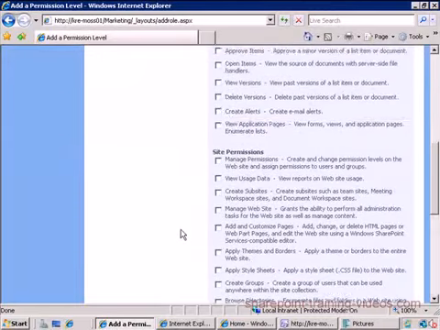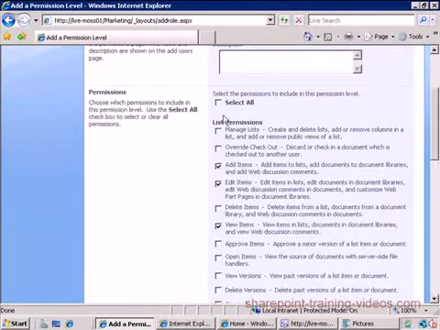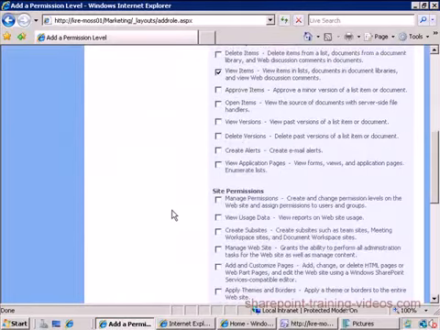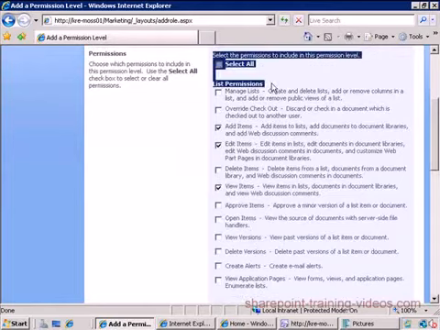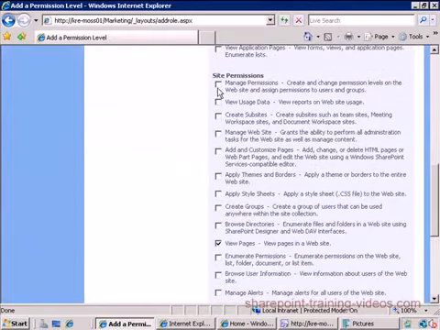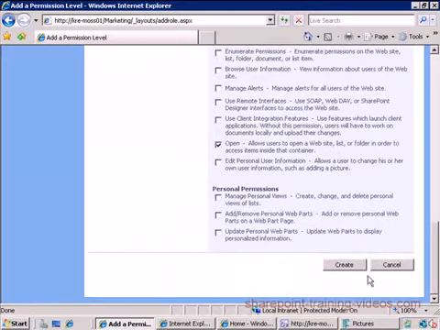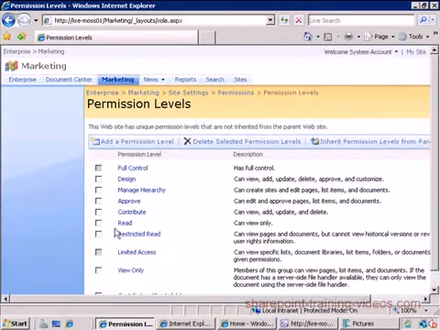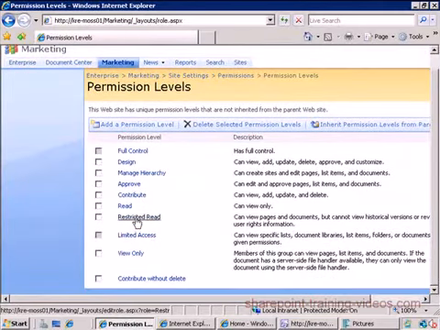And really, that's it. So here we go. Here are all the permission actions that could be done. You could check whichever one you like. Those ones are at the list level. Those ones are at the site permission level. And you can pick and choose what you want the user to be able to do. And once we're done, we can say create. And then now I have my own permission level